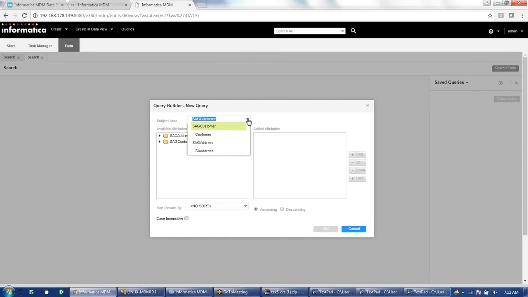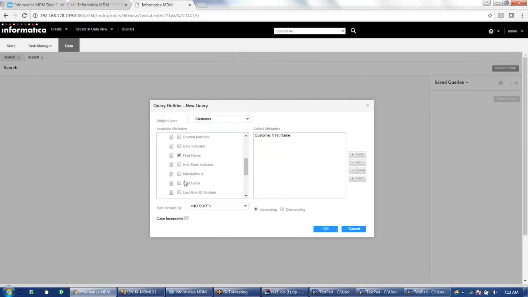here you will see in the drop down subject area group, subject area. See, the change has been reflected here. Instead of SA customer, it is just showing customer. Whatever file we have imported, the changes are getting reflected for that. We'll always select the subject area here. Under the subject area I have customer and I have address. So here it will show me all the columns from the customer table as well as the address table.